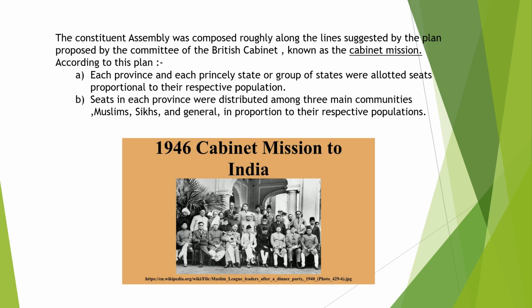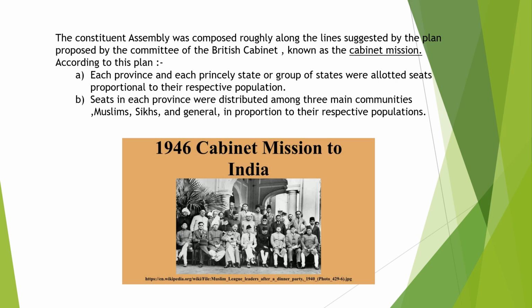The first, that each province and each princely state or group of states were allotted seats proportional to their respective population. And the other one, the seats in each province were distributed among three main communities, including the Muslims, the Sikhs,